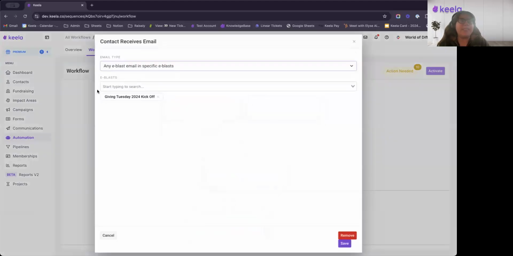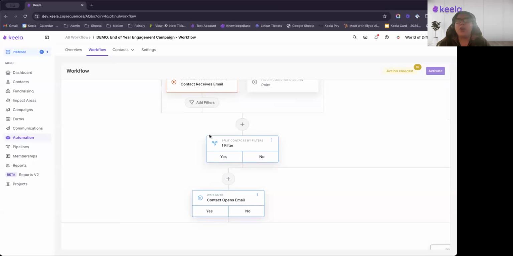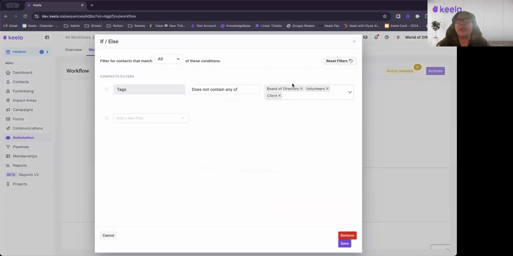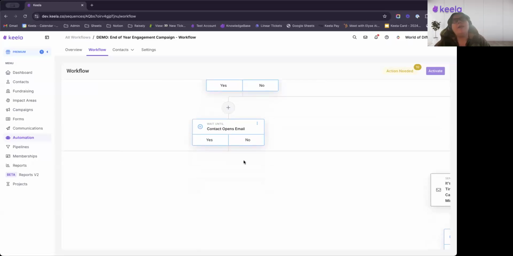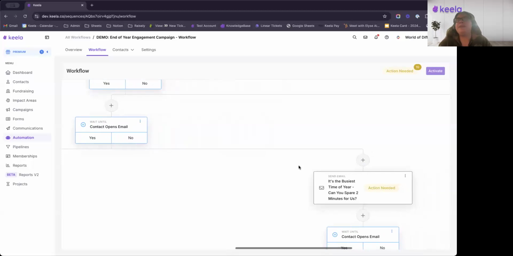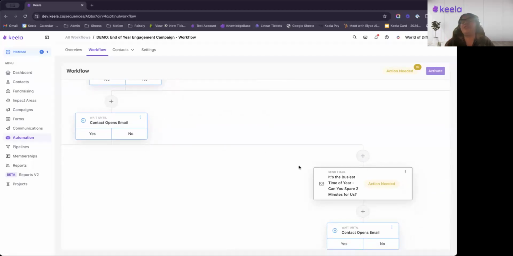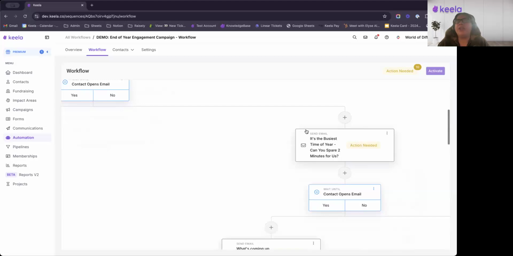So your contact still receives that first Giving Tuesday 2024 kickoff email. We're again going to check and make sure that none of our board of directors, volunteers, or clients are going to get this, going to move through our workflow. And then we're going to wait until they open the email. If they do not open the email, it might be time to do a little bit of email stewardship. So first thing we're going to do is send this email,